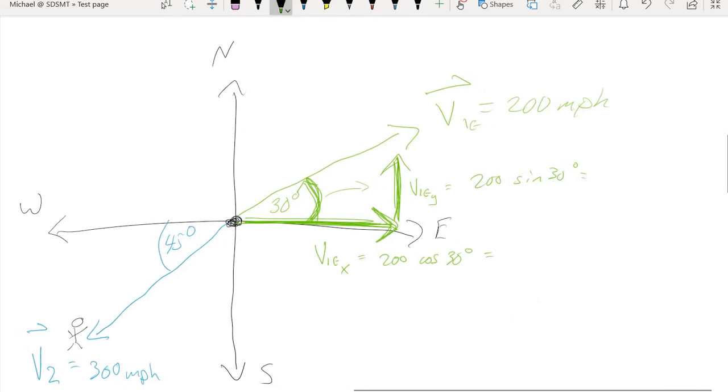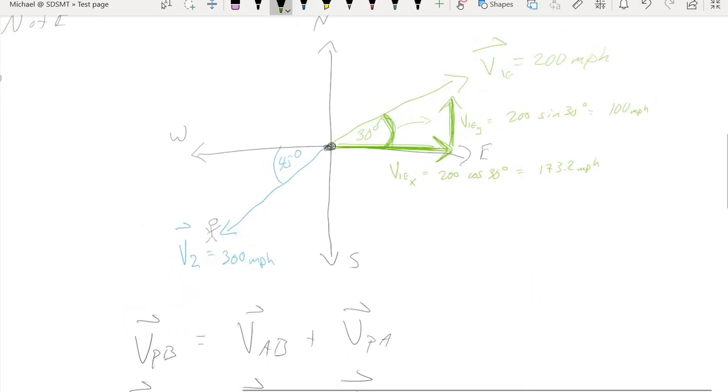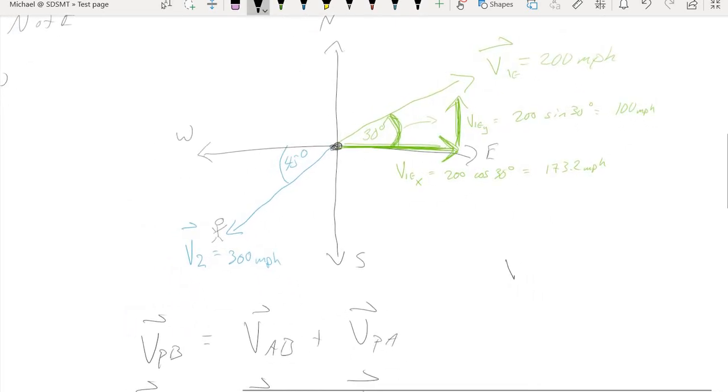Calculator time, 200 sine of 30 is just 100. And units are still there. And we have 200 times the cosine of 30, which is about 173.2 miles per hour. Right, so I'm just going to write those components out right here. We had the x component was 173.2, the y component was 100,